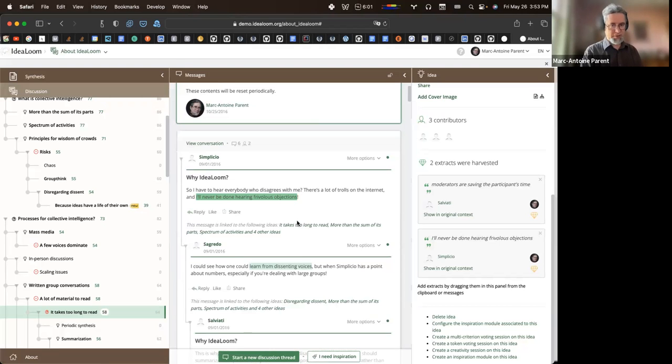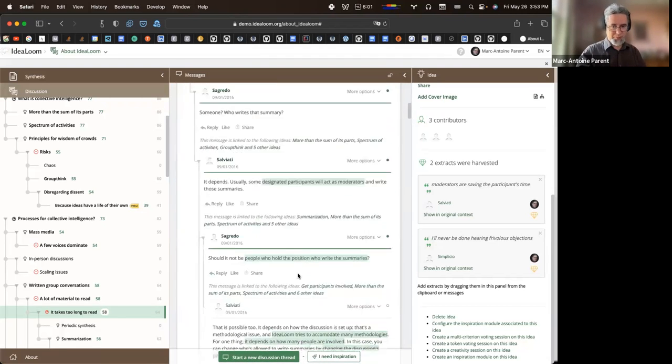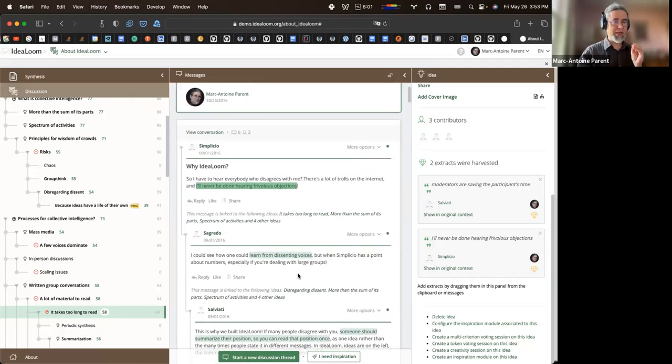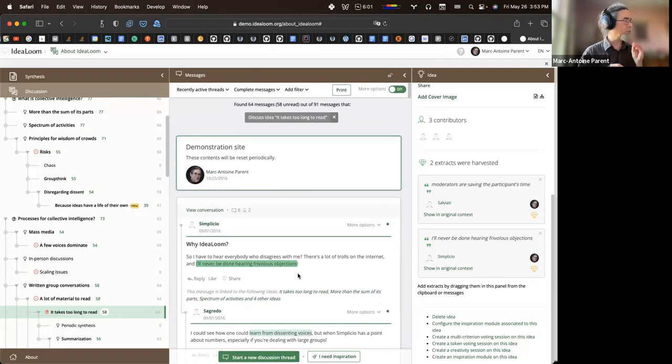This was first created to help somebody who wanted to make a synthesis from listserv online conversations. So there's actually a connector.